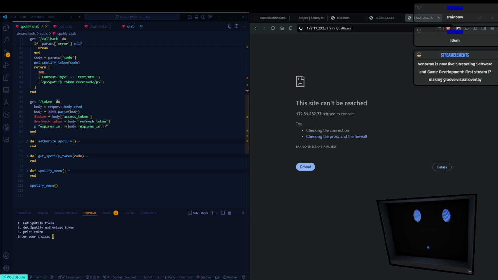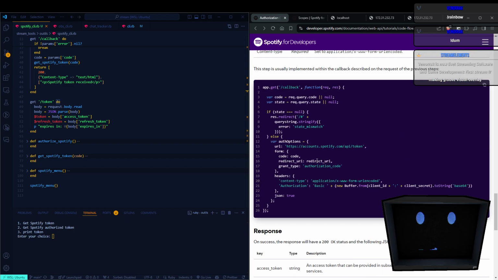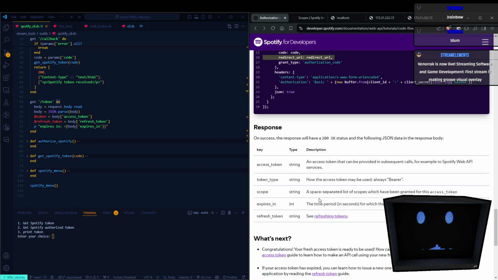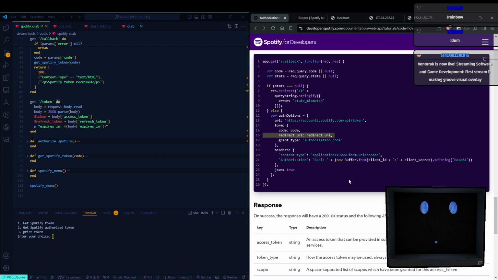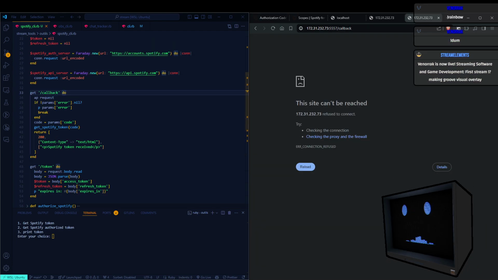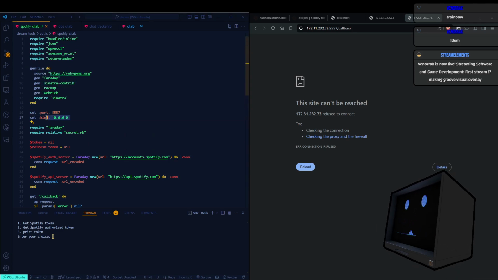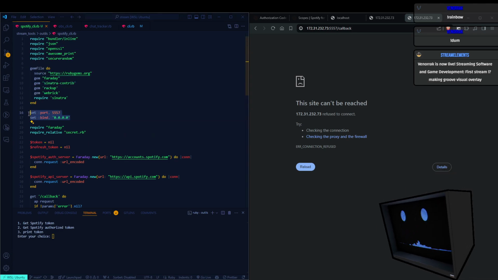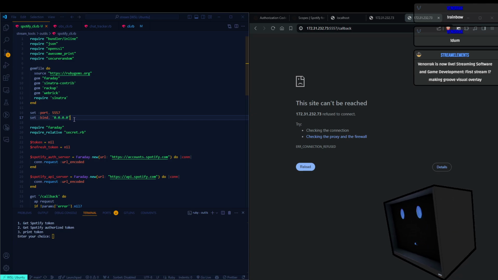So I send a redirect URL, and then it works, but then it's like it doesn't see. So my server is hosted on a WSL instance on my Windows PC, and then to get to this